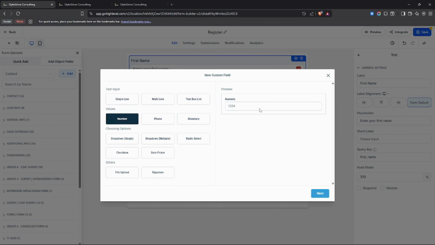If you only want numbers, then you'll have a numeric input, meaning adding letters will be impossible. The same goes for phone, and the same goes for monetary. It's on the section of values. Why did I skip ahead on text input? Well, it's already obvious. I can explain this in just 30 seconds. We have single line. You can add only one line. We have multiple line. You can go ahead and extend this. And we have text box, meaning we can have separate lines over here, but it's in the same box,